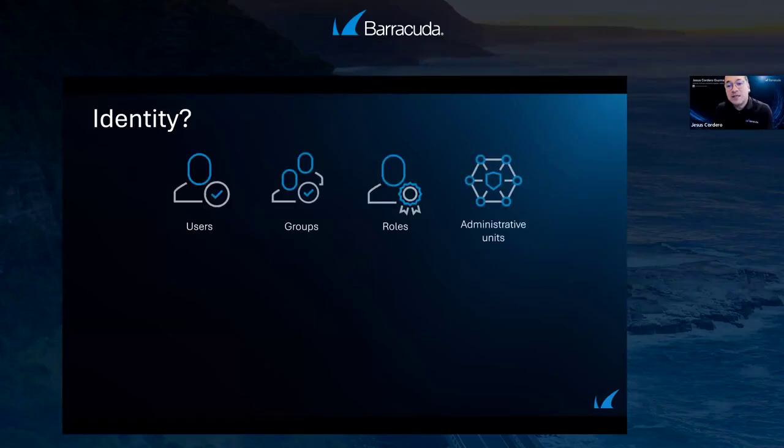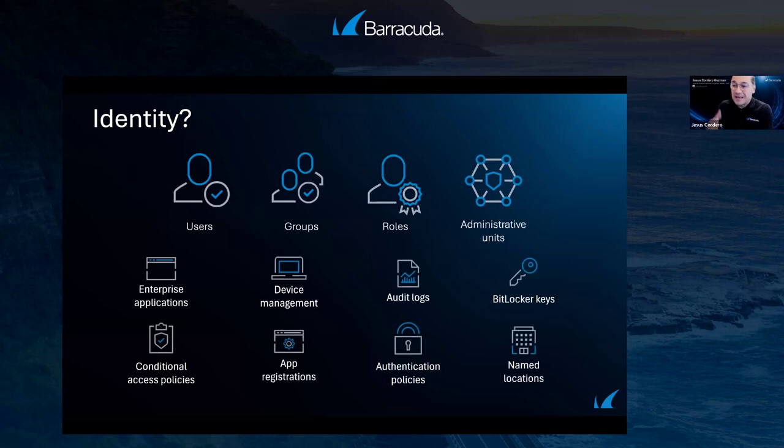It's a user embedded in a group with a role, with administrative rights, permissions to get access to all those things you see here, creating audit logs, devices, authentication policies, being registered to use certain applications, certain locations in your network, etc. All this is your identity. It's not only your username and password and the MFA on your cell phone, and then they say, I'm happy, I'm secure right now. It's much more than that.